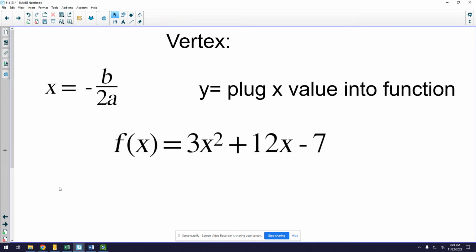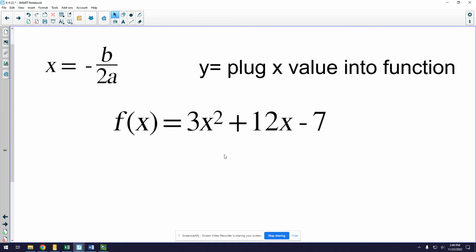So the vertex is a coordinate point. You need both an x and a y value. The x value of a vertex has this little formula, negative b divided by 2a, where a and b are the a and b values of your function. After you have the x value, you take that number, plug it into x in your function, that gives you your y value. So in this example, to find my vertex,